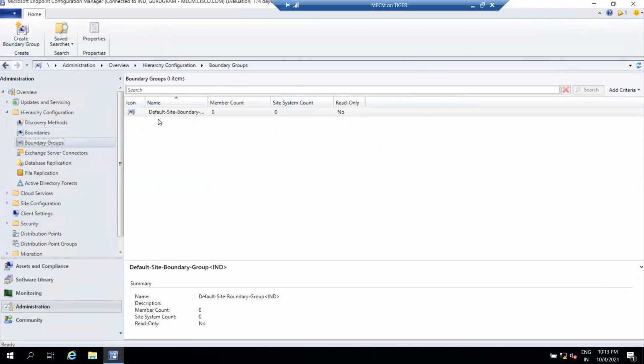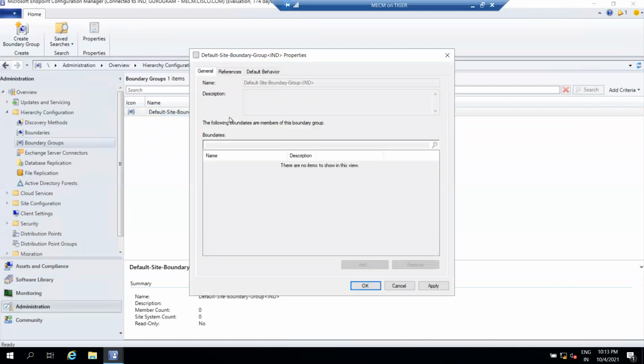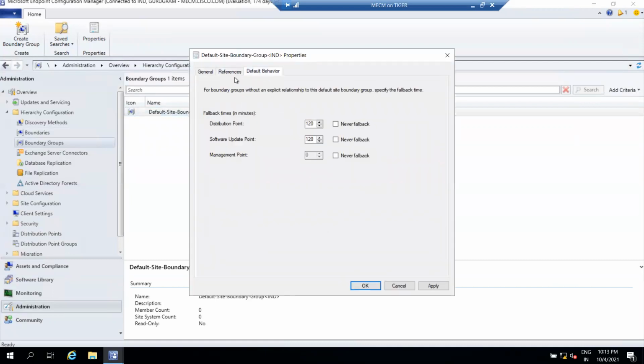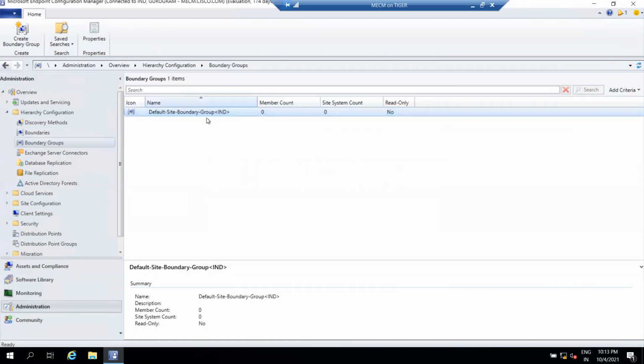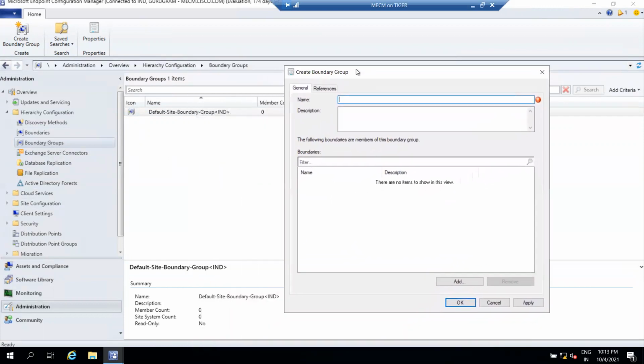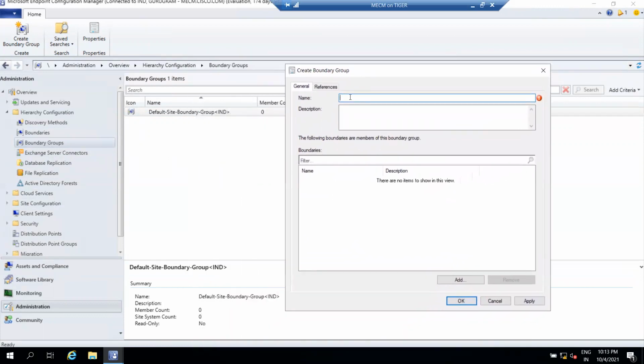Click on Boundary Groups and you can see there is a default site boundary group, and you cannot add boundaries in this. The default one is mainly for fallback purposes. So let's create another one. Right click on this and click on Create Boundary Group. Provide the description, like for which location or purpose you are creating it.